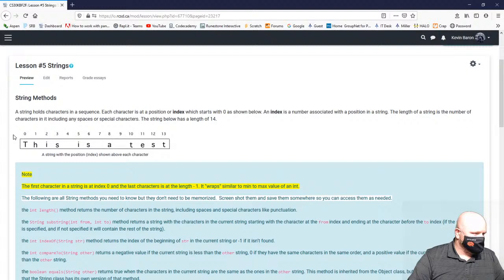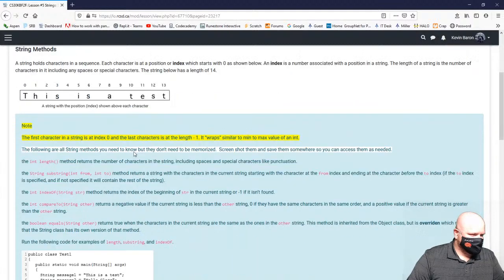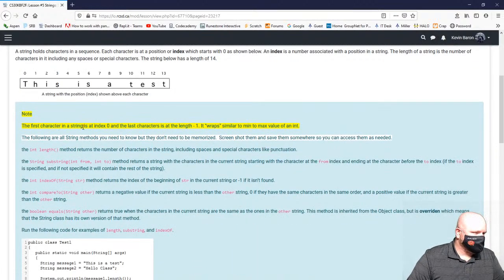I think you would remember this from Python, and this is just the string index. Any string holds, and every character in that string holds a numerical value based on the index. Okay, the index starts at 0 and then just keeps counting up until it reaches the end. Okay, so when we look at this as a test, each one of these characters holds an index value, including the spaces, throughout. All right, the first character in the string is at index point 0, and the last character